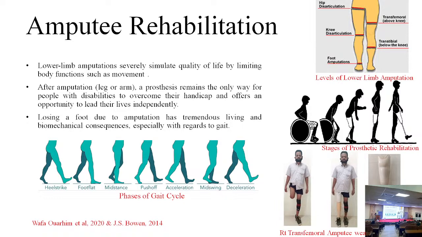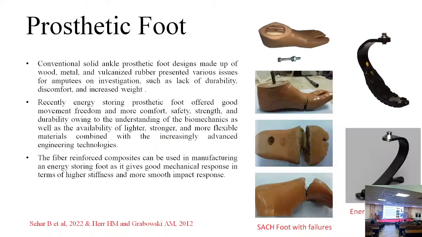And the prosthetic foot should mimic the biological or physiological foot-ankle complex. Otherwise, it will affect the phases of the gait cycle. The pattern of walking of a human being is known as the gait. If we are using our own foot, then that is known as normal gait. So the normal gait cycle should be substituted when we are using a prosthetic foot.